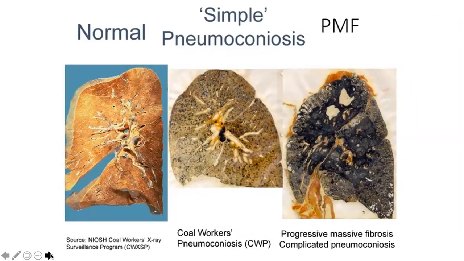So most patients exposed to coal do not develop this severe degree of fibrosis. There may just be anthracosis or pigmentation in the hilar lymph nodes and along the lymphatics. In more advanced cases, there may be some fibrosis, which we call coal workers pneumoconiosis. But sometimes the disease can be extensive and there can be progressive massive fibrosis or complicated